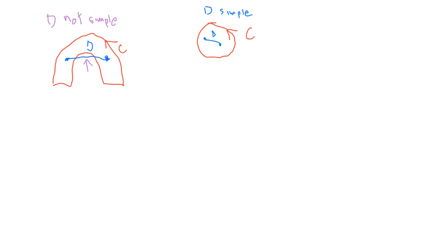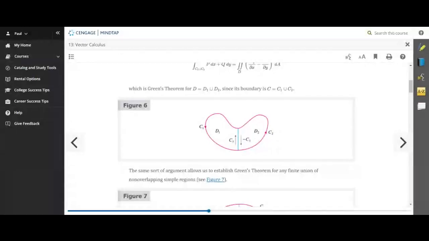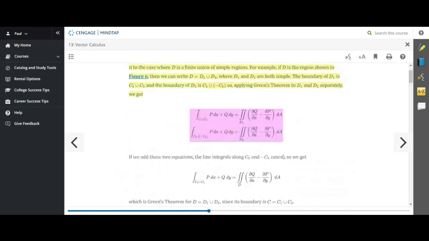And the point here is that when we look at Green's theorem for a region D, which is the union of D1 and D2 in figure 6, that is not simple. Well, Green's theorem can actually handle that kind of situation. It can handle it, okay? Because if you look at what they have above here,